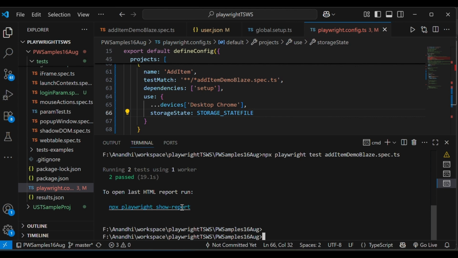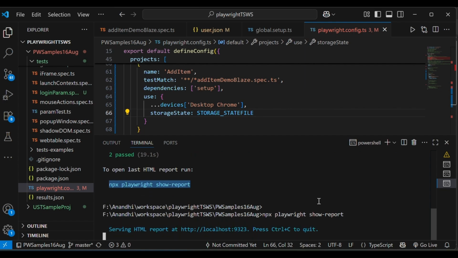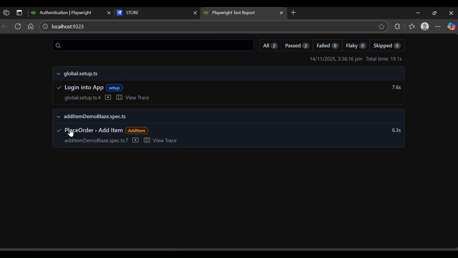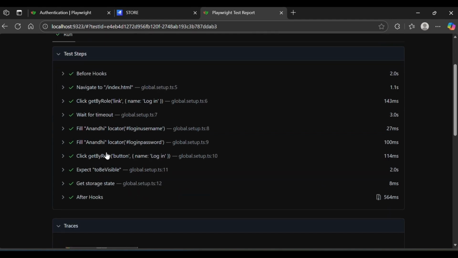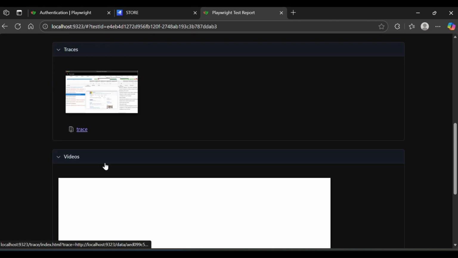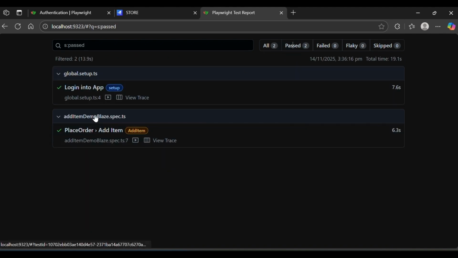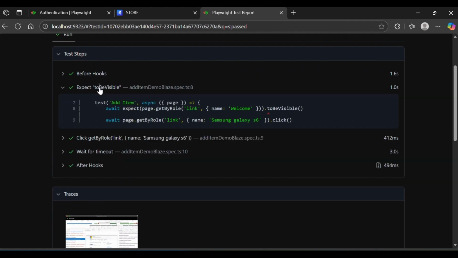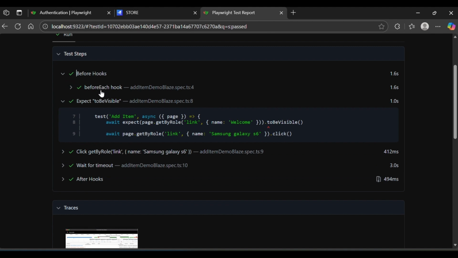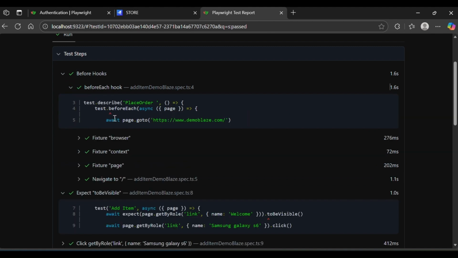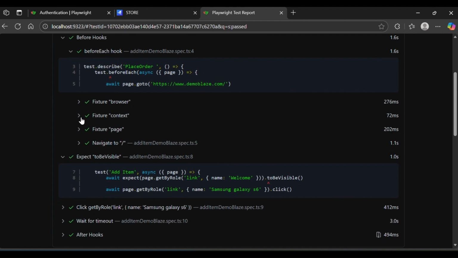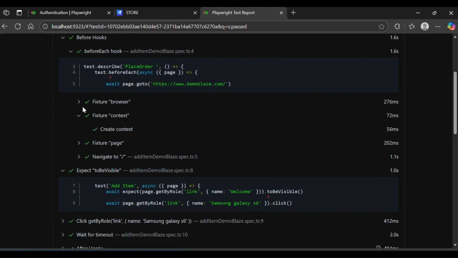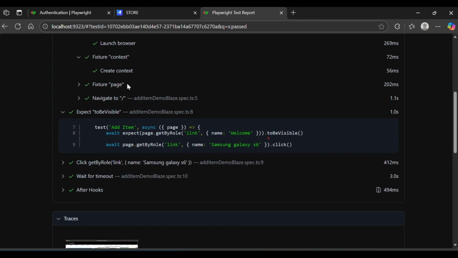If you want to see the report, login, everything entered, and the actual scenario, add item, place order. When I log in, yes, the browser hooks, it was launching the page, launch the browser, launch the context, navigate and